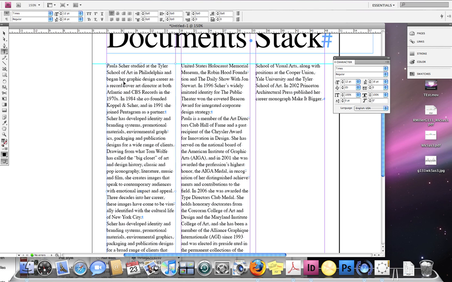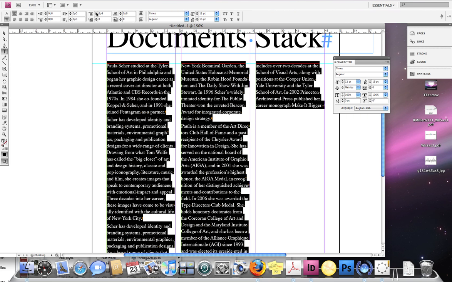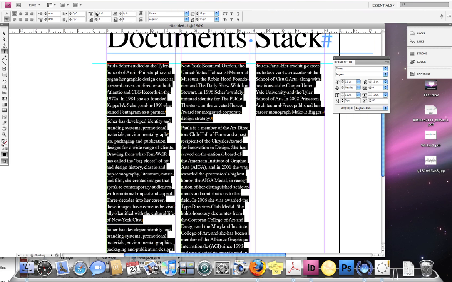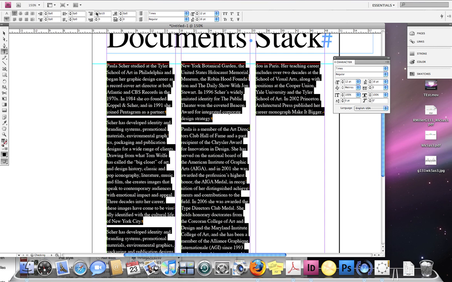So what we're going to do is select all of the text and go to the space after character, and that will be in the paragraph panel, and if you put the pointer tool over this icon right here, it says space after. This is the space after field. So what we're going to do is click up to add some space after every paragraph. So this works for 1 page or 250 pages. As many pages as you have in your document, you can click up